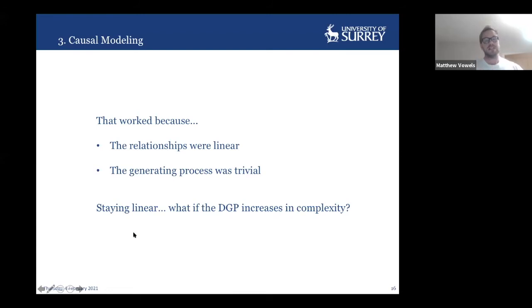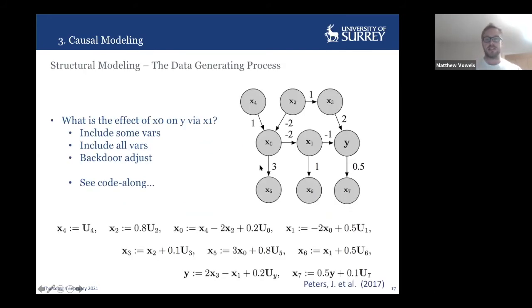So for now, let's just stay in linear. Again, I'm not a big fan of staying linear. It's quite restrictive and quite a large assumption. But let's say the data generating process increases in complexity. So now we've got this structure here, which is actually still a lot simpler than many SEMs that I see being used in psychology and social science, or maybe neuroscience. And so I'm going to generate data according to this structure, still linear. And these are what's called path coefficients, these numbers here. And if you wanted to calculate the effect of x0 on y, you can simply multiply these path coefficients together.